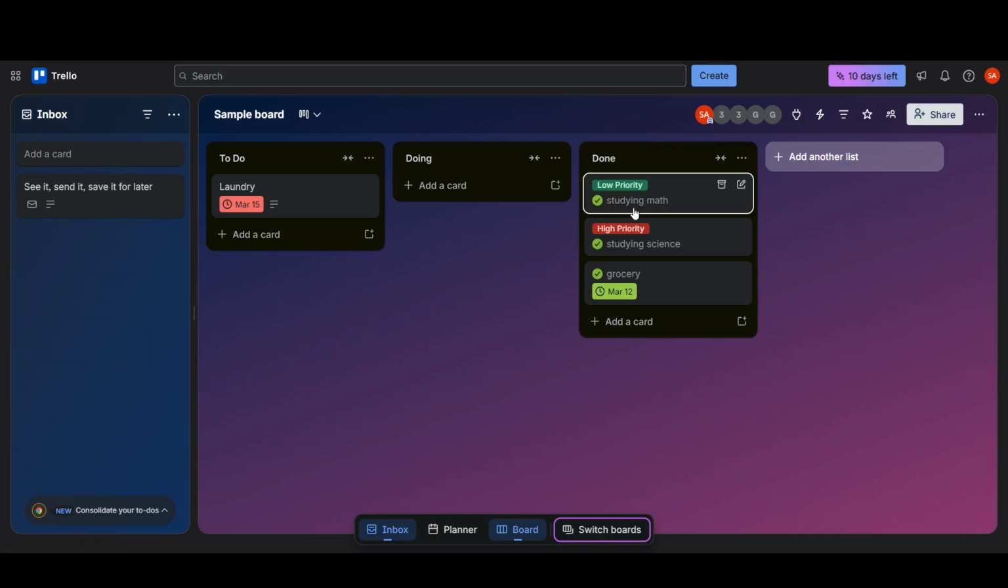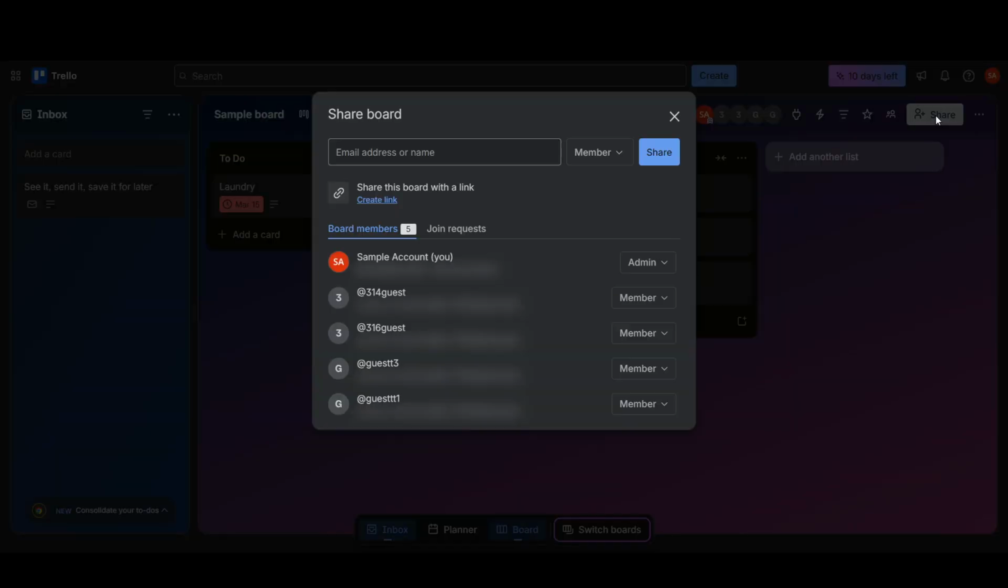Now let's share the board. In the top area of the board, click Share. This opens Trello's sharing panel. If you want to generate a one-click invite that anyone can use, choose Create Link. Trello will make a unique share link for this board. Click Copy Link to put it on your clipboard, and you can paste it into chat, email, or wherever your